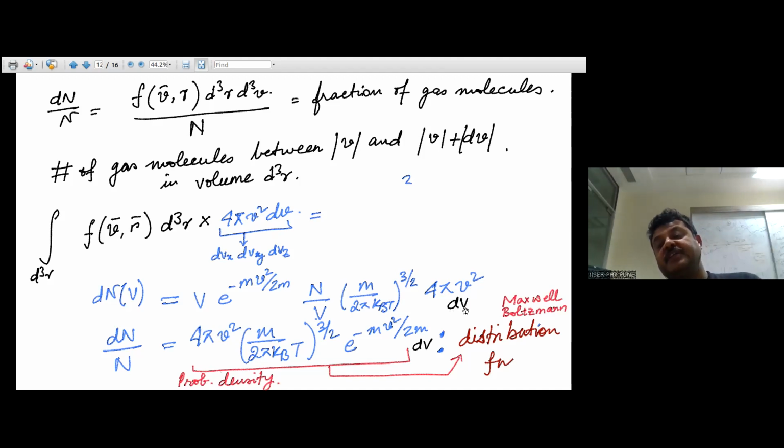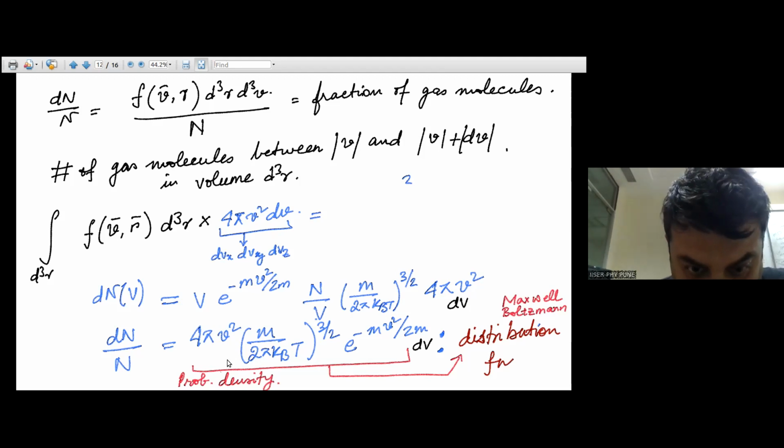Right, if dv is more, the number of particles is more. Right, and dn by n is then 4 pi v square, m by 2 pi kBT to the power 3 by 2,